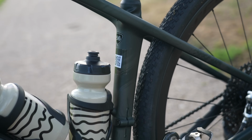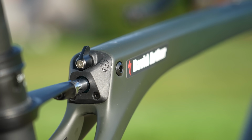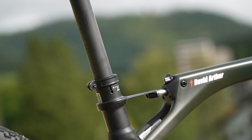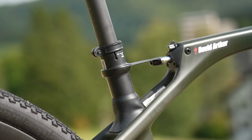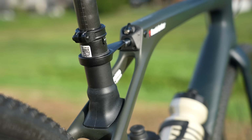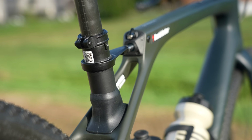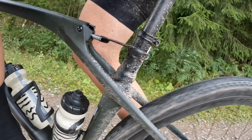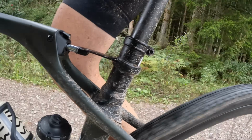But now they found a way to quite cleverly put that Future Shock from the front into the back of the bike. And before we discuss the looks, it does deliver a smooth ride. In fact, if comfort is a priority, if you're shopping for a gravel and adventure bike, sure, go for bigger tires if you can, the new Diverge STR is, hand on heart, the smoothest riding, most comfortable gravel bike I've